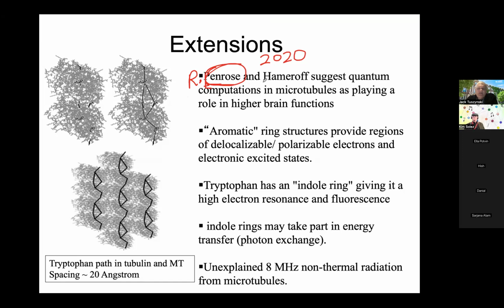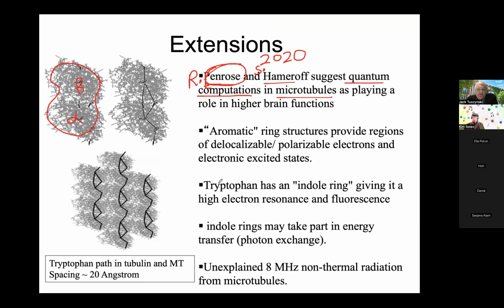And then later on, Stuart Hameroff, an anesthesiologist from the University of Arizona, suggested that the processing of information in the human brain actually involves quantum computations in microtubules. So that's why I'm talking about microtubules. When you look at microtubules, they're formed from these proteins called tubulin beta alpha heterodimer. So it has two units, but stably bound together.